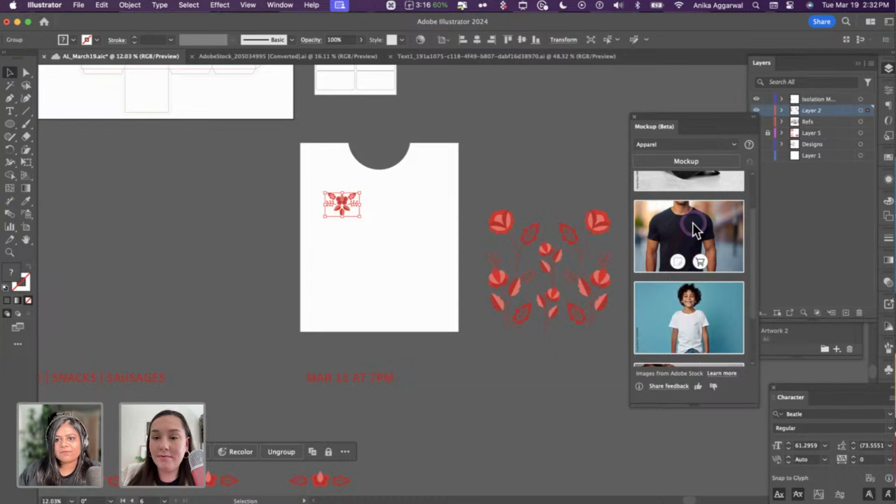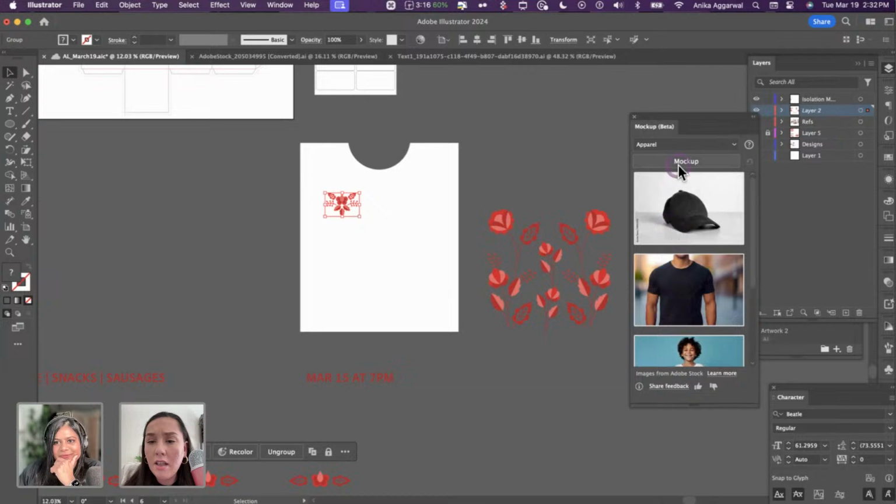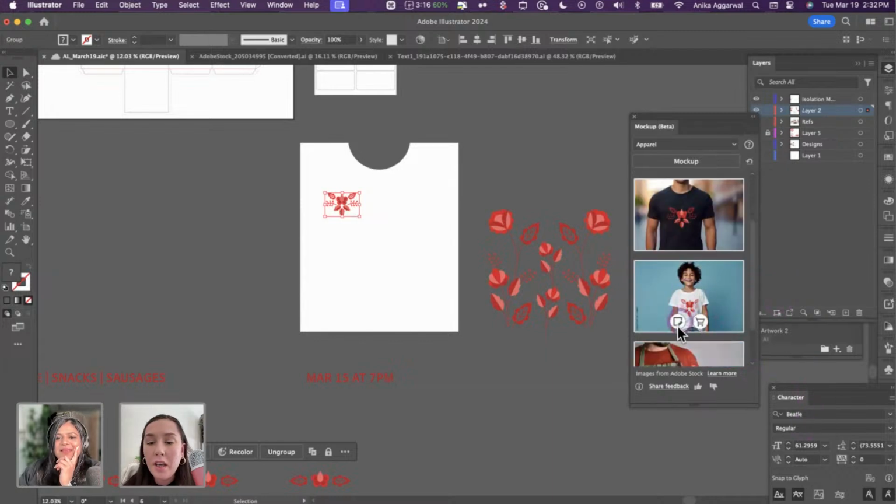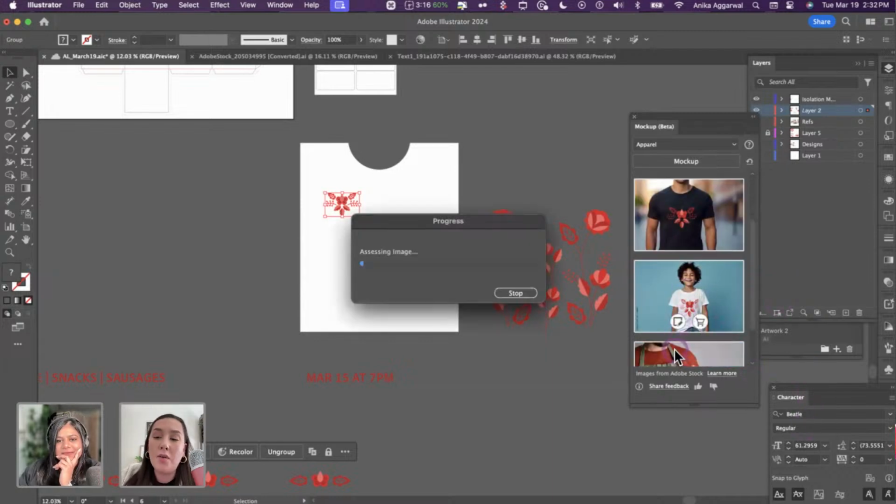Wait, how does this work? I've forgotten how this works. Do you know how this works? I literally forgot. I thought it was just clicking it. Yeah, I thought it would work that way too, but it's not doing it. I wonder if you have to create mock-up. Oh, you have to click on mock-up. Oh, I see. And then if you click this, it says do it. Okay, then you add it on that. Okay, this is a learning curve for us too, friends. Yes, it is. It be like that sometimes. All right, so we figured it out.